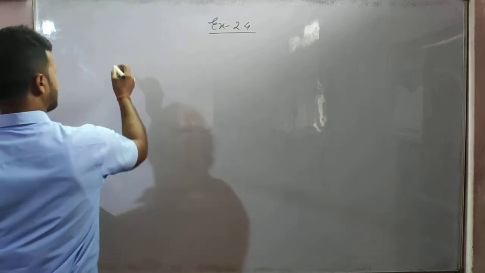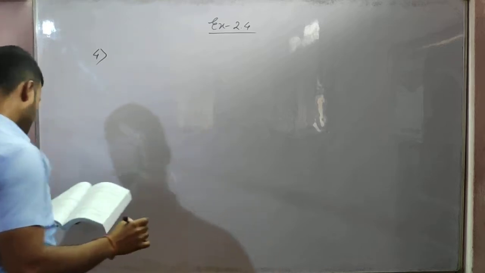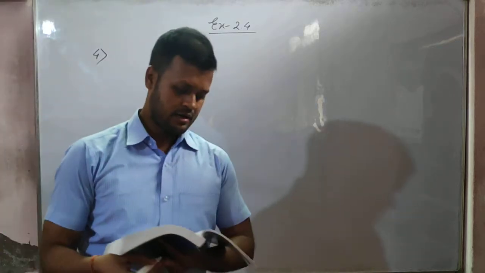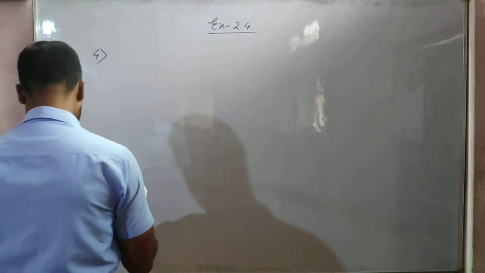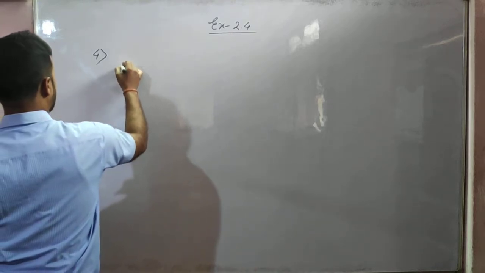Next, students, we will enter number 4. Number 4, factorize. Here, students, we will do plain middle term factorization, the middle term factorization that we had learned till class 8. The same thing we will do here. So let us see.